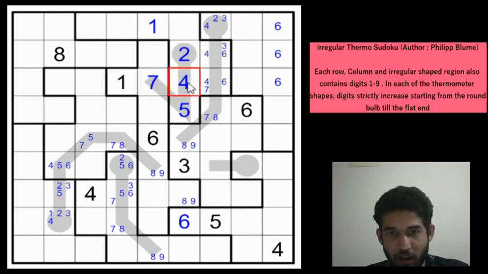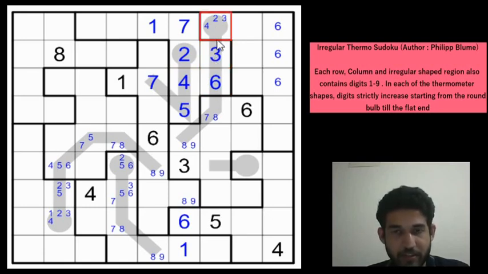And now if you look at column 6, there is only one cell left for the 1. We'll place the 1 and we can place the 7, 2 as well. And now 4 and 7 have been marked. So this cell cannot be 4 or 7, it would have to be a 6. And this cannot be 4 or 6, it would have to be a 3. And this would have to be 2, right? Because it has to be less than the 3, so this will be a 2.